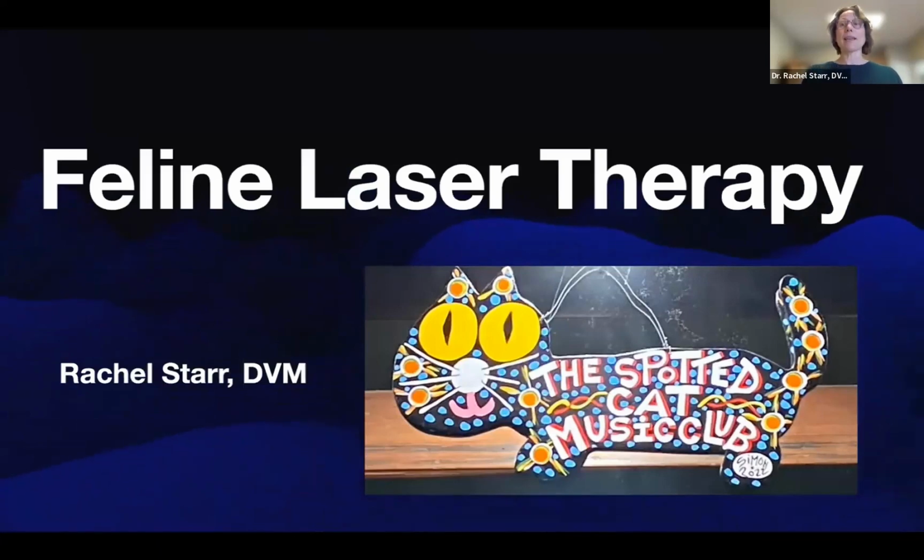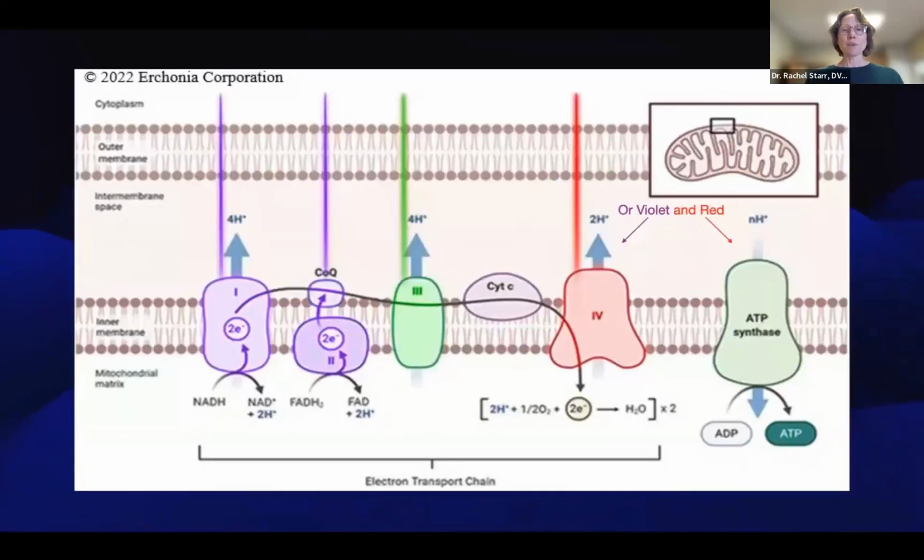Okay, thank you, Malia. So we're going to talk about kitties today. And I think that cats present a really good treatment. Laser therapy is a very good treatment option for cats. And I'm going to start with how laser therapy works, because this is a very non-specific therapy. We can apply it in many, many different ways to the body, because this is the electron transport chain in a mitochondria. And complexes 1 and 2 absorb violet light. Complex 3 absorbs green light. And complex 4, the accepted theory is that it absorbs red light. There's a paper out there that, when we look at the absorption spectrum, is actually violet light. And there's a paper out there that talks about red light actually working more in the interfacial water layer and at ATP synthase. So with these 3 colors, we can affect really the entire electron transport chain